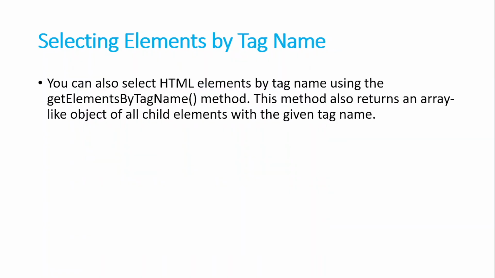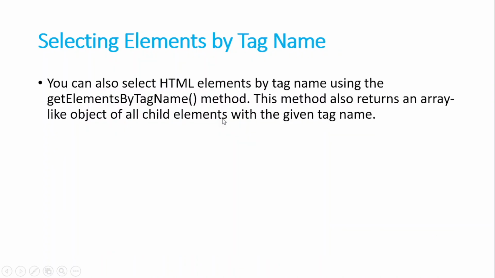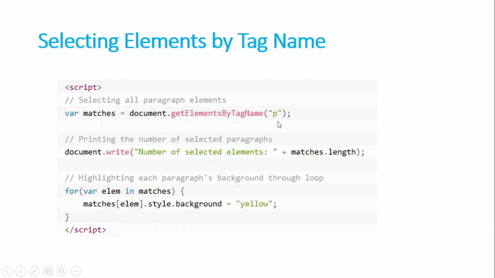You can also select HTML elements by tag name using getElementsByTagName. So we can select directly by tag as well. This method also returns an array-like object of all child elements with the given tag name. It is similar to getElementsByClassName, but it will select all the tag name which we specify. For example, if we specify the p tag in getElementsByTagName, it will get all the p elements saved inside this matches variable as